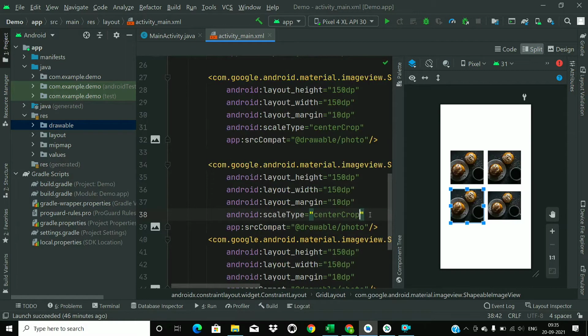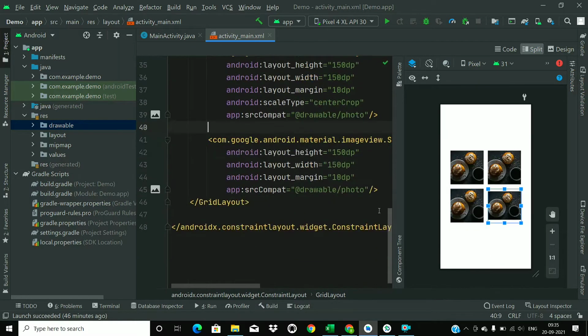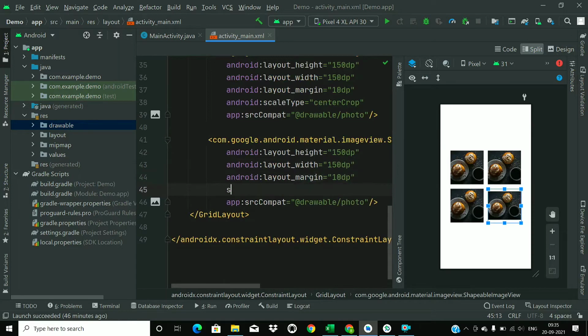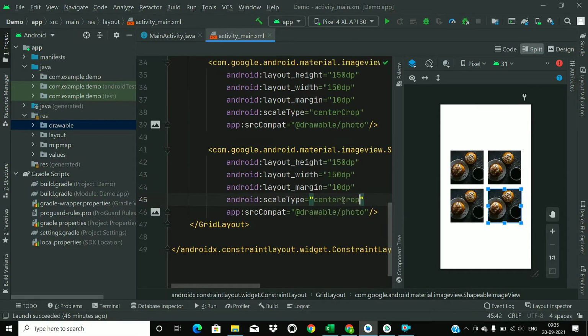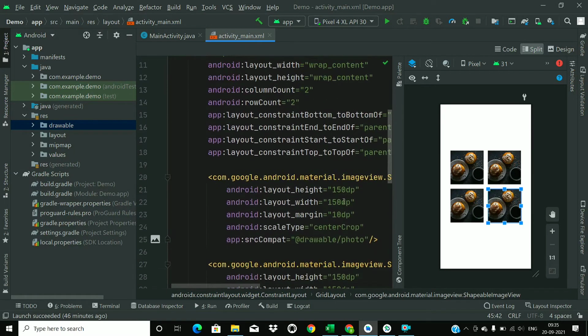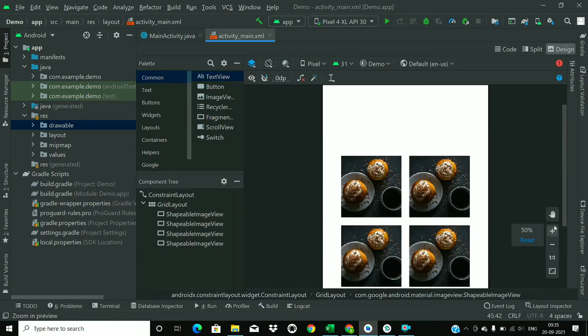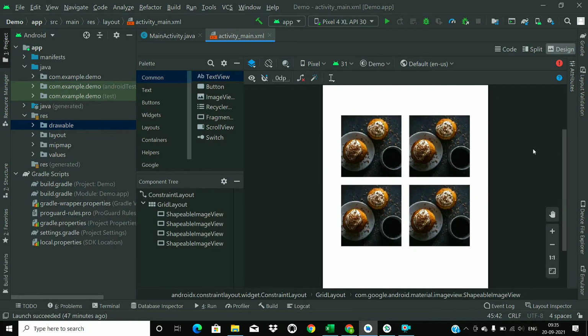Scale type center crop. Okay, this is perfect, and so we have added these 4 image views.